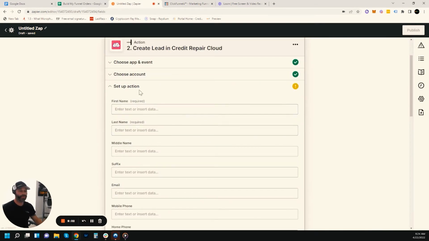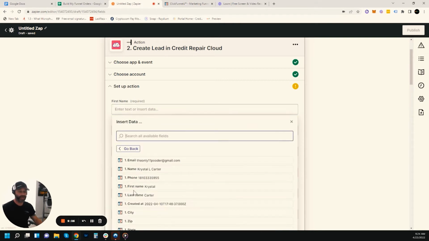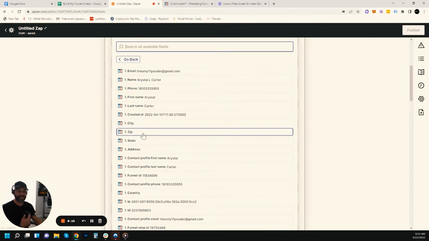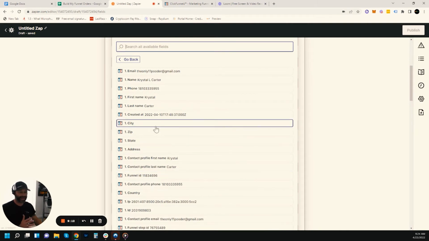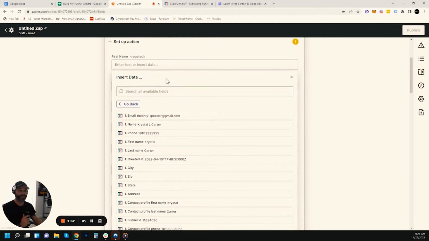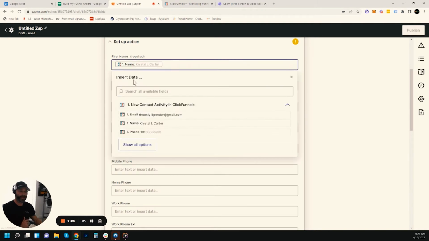What do I want to do? I want to make sure that the first name is loaded, and as you can see, you can select all the options. Now this is missing some data here, but we're not going to get crazy about it. What matters is that we put the information in the right slot. So let me just make sure this is name again. So we're going to do name,